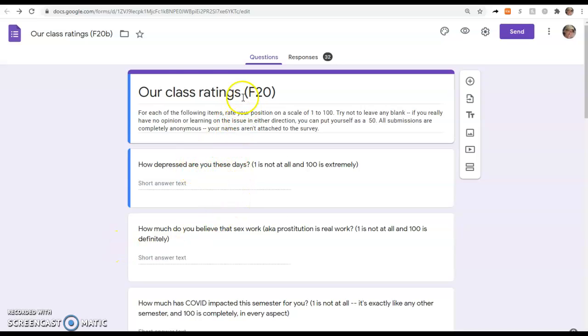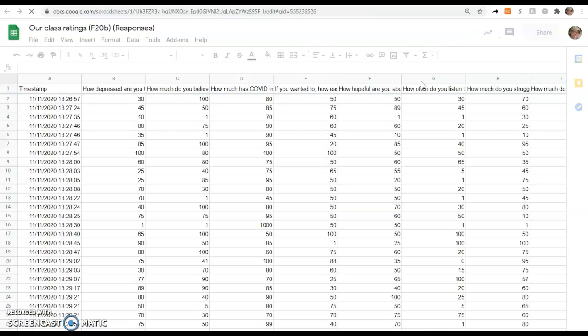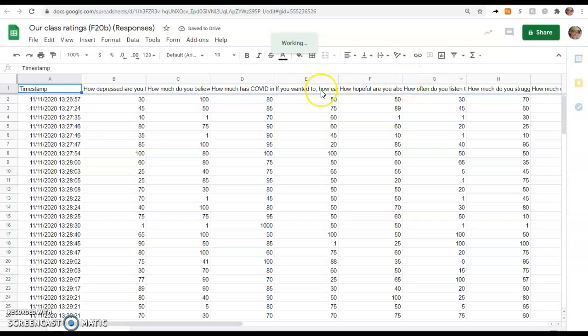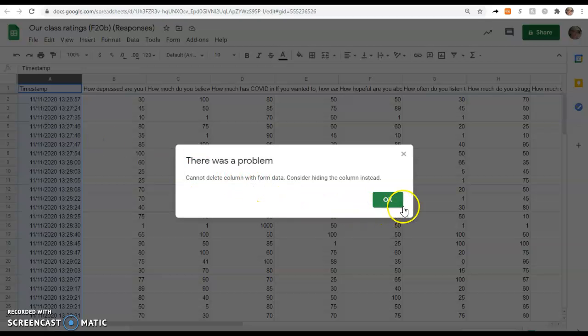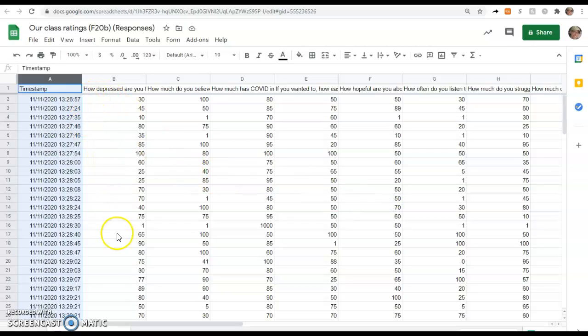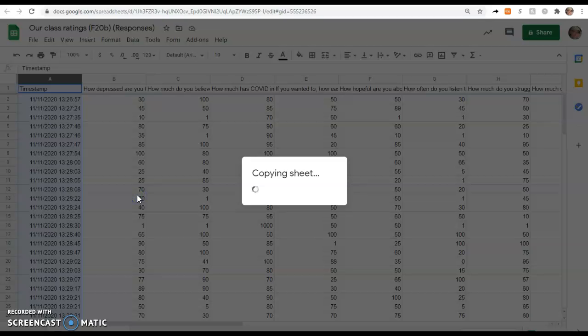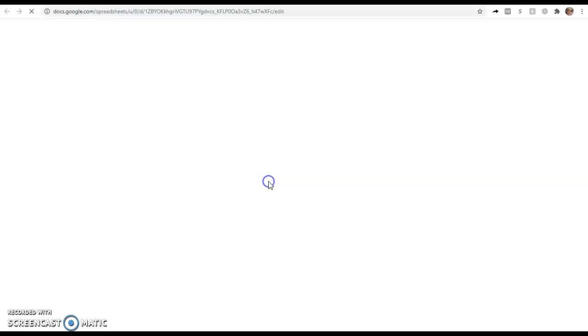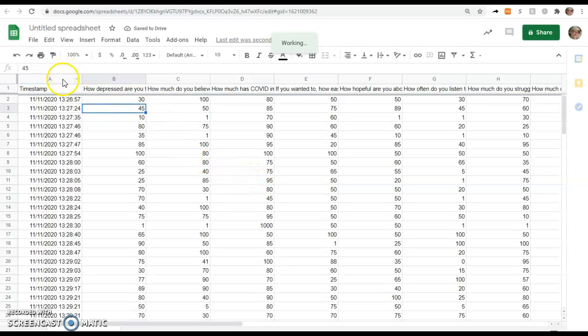Okay, so here's the forms and we have the responses. What I'm going to do is open them in Sheets, view responses here in Sheets. I'm going to just go ahead and get rid of the timestamp here. Maybe do that. Copy it to here. Then